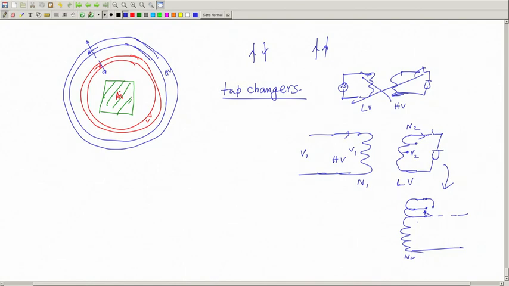In a transformer, as I told, voltage per turn remains constant. So, what is voltage per turn? V1 by N1. This is N2 and this is N2 plus delta N2, some few turns you increase, then your voltage will increase on the load side. But the turns ratio will not be affected too much. If you increase this by a few turns, N1 by N2 practically remains N1 by N2 plus delta N2.